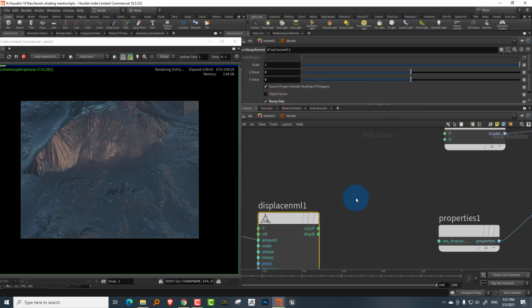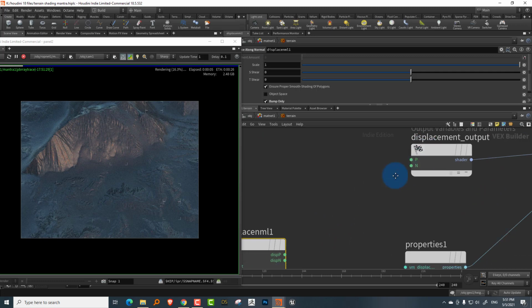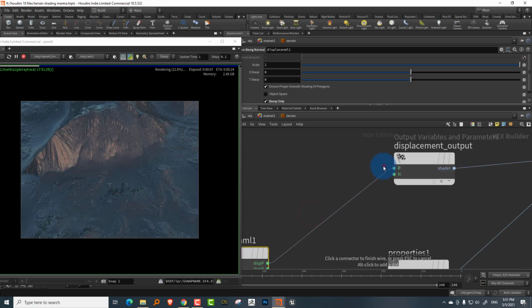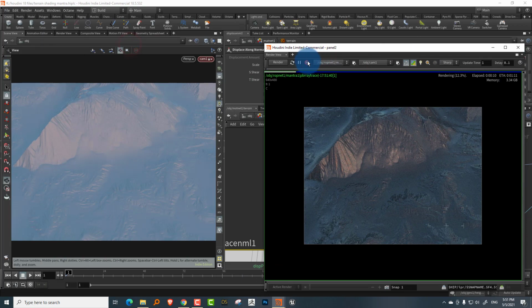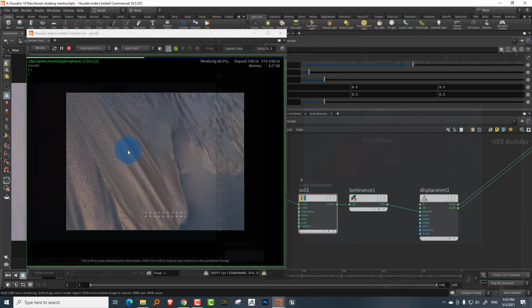And then take the position and normal and connect it to the displacement position and normal. Okay, so I'm just going to take this and plug it in here and there. And this will slow down now because it needs to create the displaced geometry. This is where it will slow down a fair bit. Okay, so let's just zoom in to a specific point and see if we're getting anything. Yeah, so there you go.